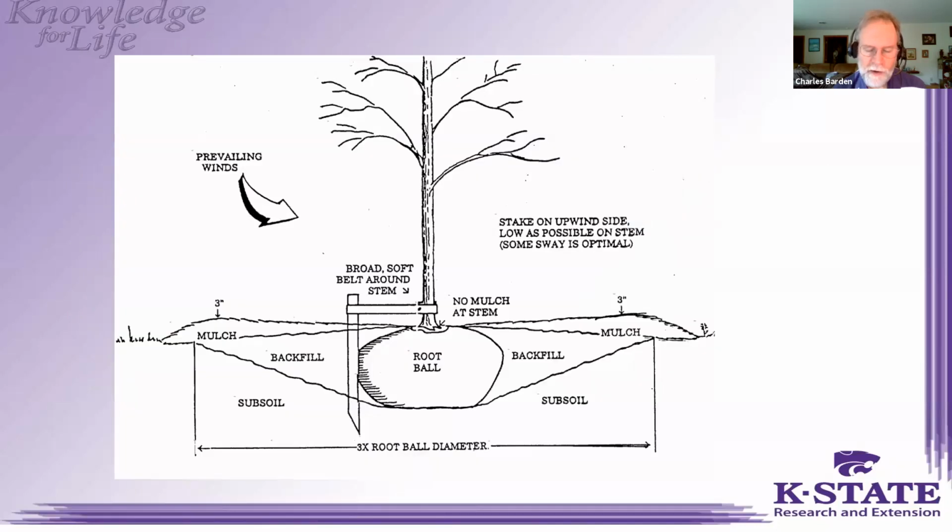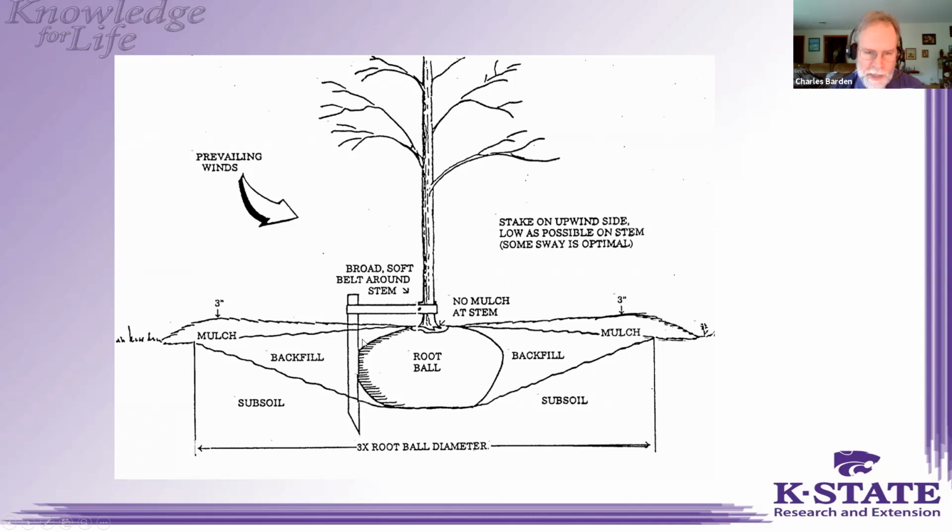Okay, here's a diagram of a well-planted tree. They were a more ambitious digger than I was. They went to a full 3+ times the width of the root ball. They made kind of a shallow tapered hole. They have a good layer of mulch on there, and the mulch itself out away from the root system is higher than it is right near the stem surface. You don't need to mulch the trunk of the tree trying to insulate the root system.